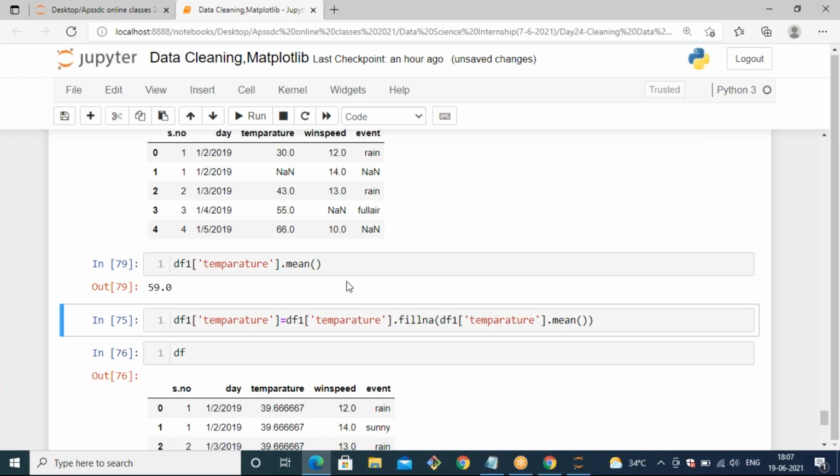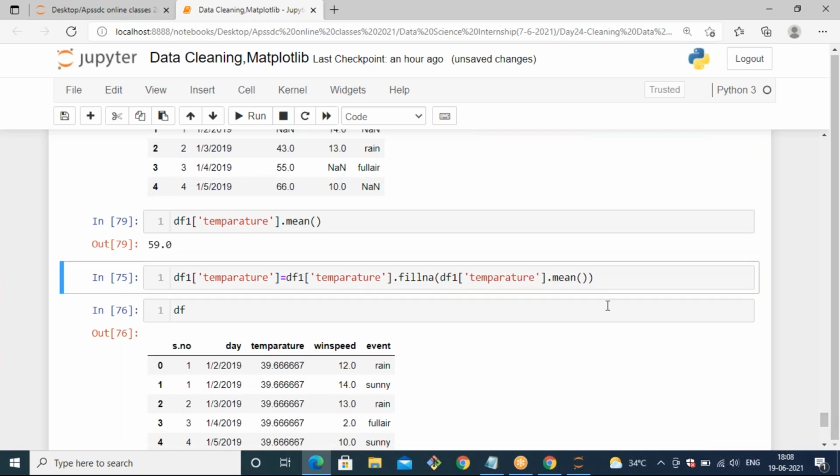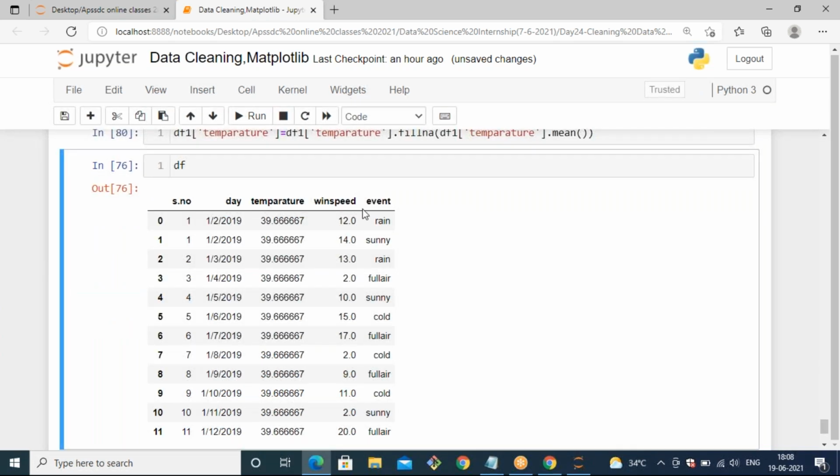Yeah, you will get the mean of the temperature as 59, and after that we want to fill the NaN values of temperature with the mean of temperature. For that you can use df1 of temperature equals temperature dot fillna. This means we are getting the entire temperature values, and out of those, wherever there are NaN values we need to fill them. For that we can use fillna, and we want to fill those NaN values with the mean of temperature. So I'm going to run this cell, and after that if you give df1,